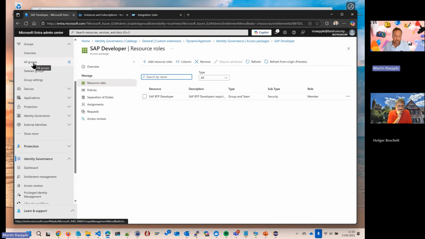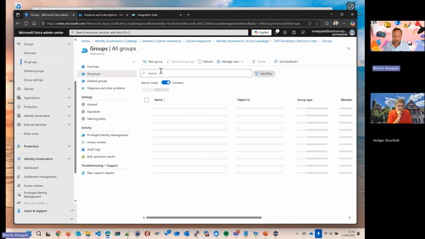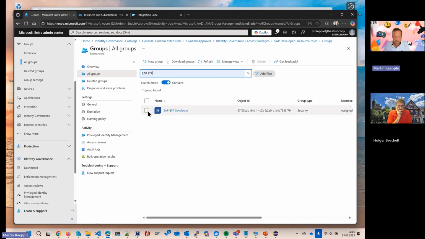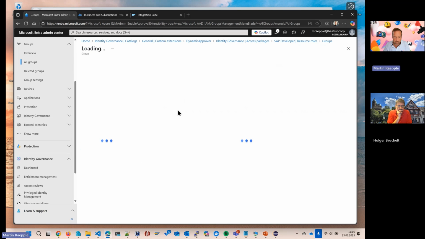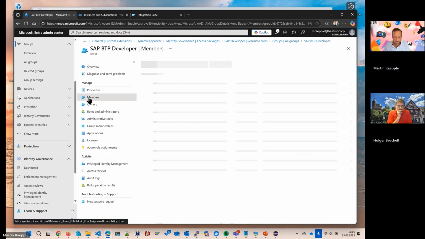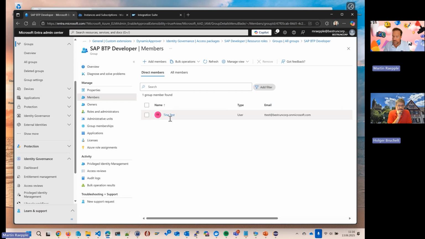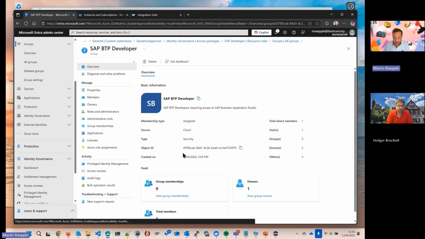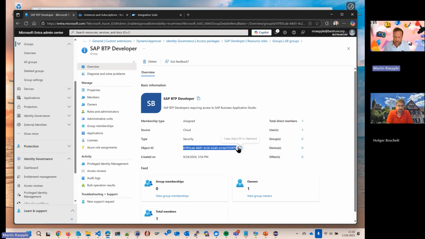Let's do a quick check here and see if Tina Test is a member of this group. Right, now she is. Yes. That means that now this group, and okay, it's probably hard to remember this ID, but now being a member of this SAP BTP developer group allows Tina Test to log in to the BTP